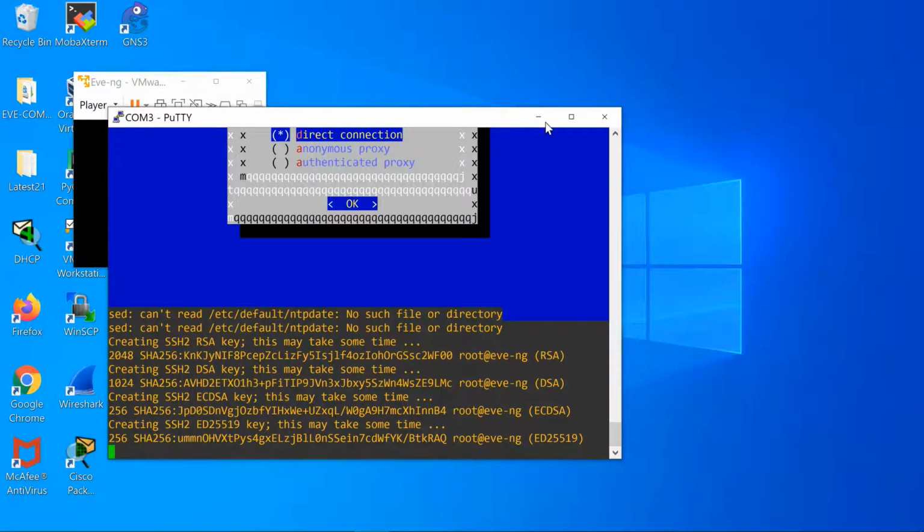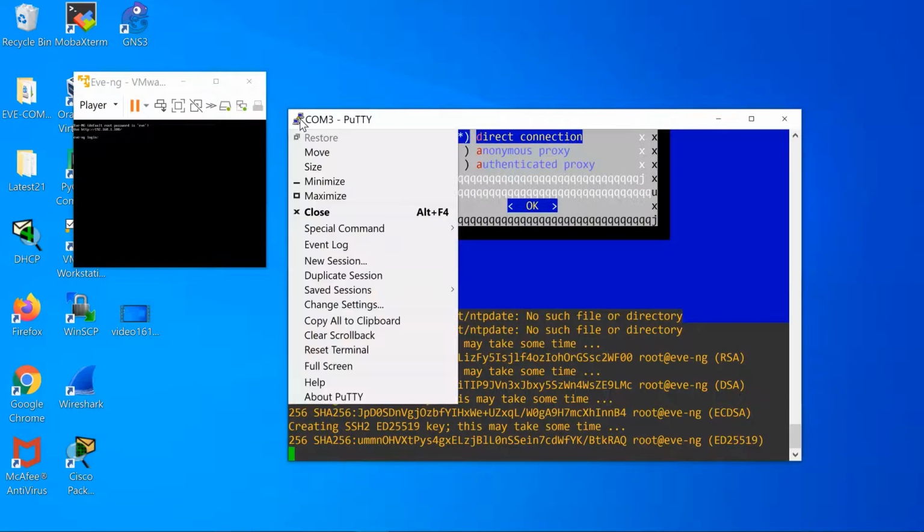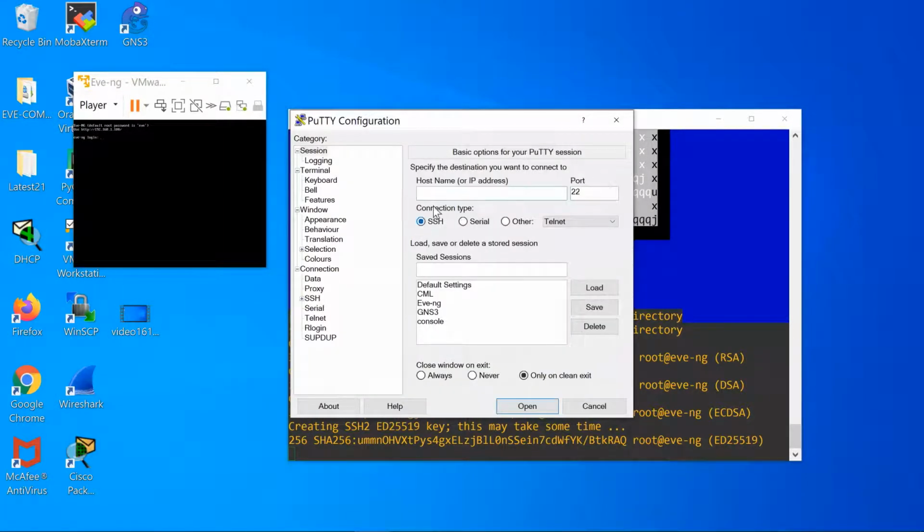Now it is rebooting the EVE-NG VM. Now it is rebooted. So I will start a new session using PuTTY. Click SSH.